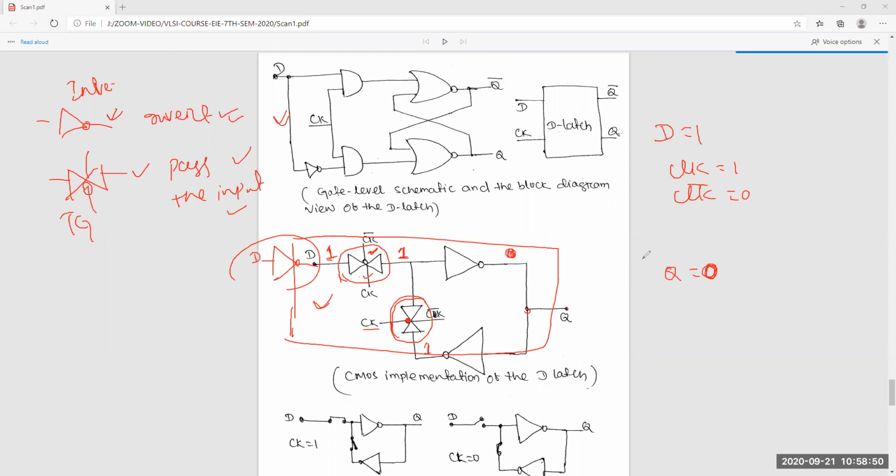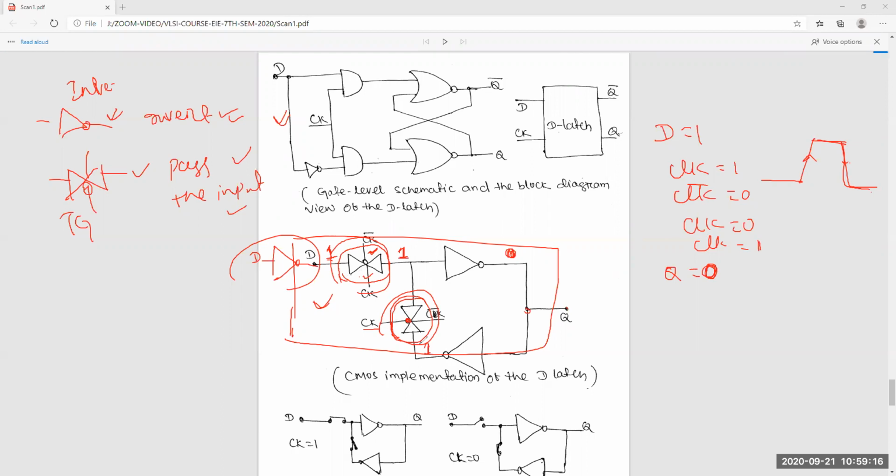Now suppose D is equal to 1 and the clock becomes 0. Now clock bar is equal to 1. Initially the clock was 1, now the clock is 0. What happened? This will be on and this will be off. Yes or no? Yes, sir.